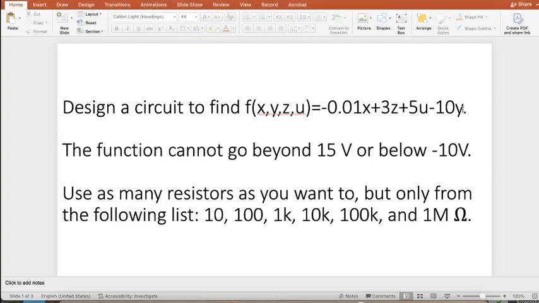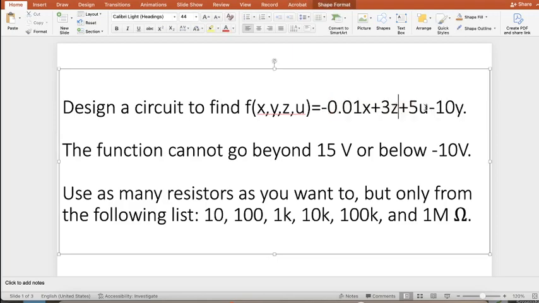Okay, so this is a little different because of these 3z and 5u. These two terms of this function make it hard for us to use just a summing amplifier. And if you see here, this prompt does not say one op amp only. We can use several op amps. However, the way to design this anyway is the last op amp will be a summing amplifier like this. So let me redraw this function, f of x